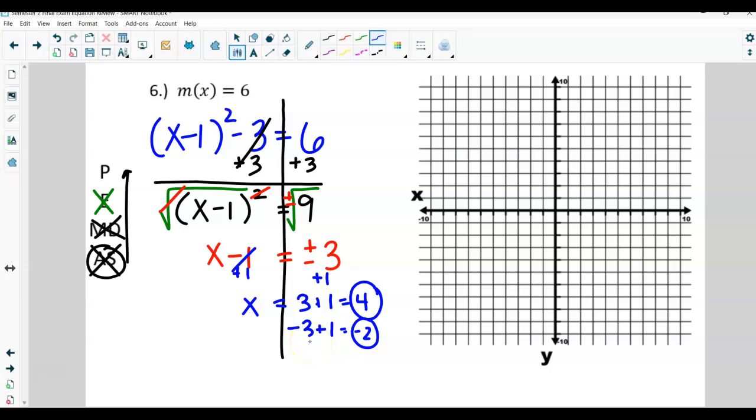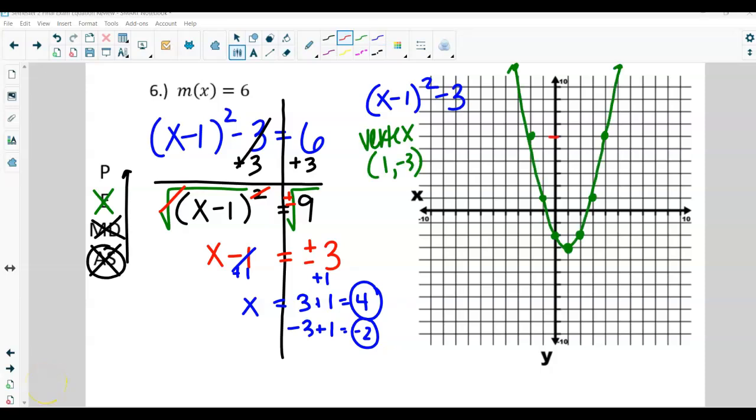Go ahead and pause the video. I want you to graph our x minus 1 squared minus 3 here and see if your graph is correct of where it outputs 6. Okay, check your vertex. Should be 1, negative 3, and then we build up by the odd numbers. Up 1 over 1, up 3 over 1, up 5 over 1. And now we take a look, the output of 6 is here, so when we trace it over, this point has an x of 4, this point has an x